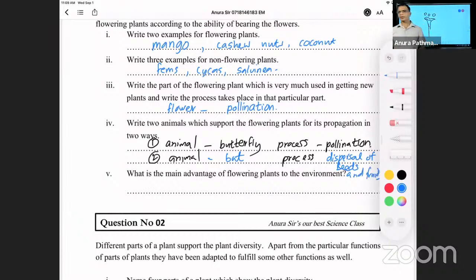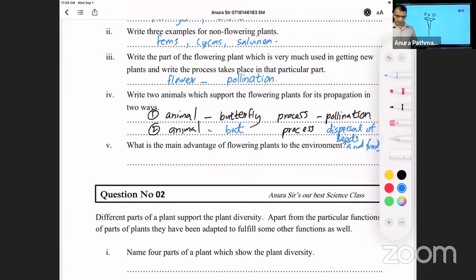Dispersal of fruits and seeds. Excuse me, sir. What is the main advantage of plants? Sir, by attaching on their fur. Yeah, but basically I just concern about these two processes. I mean, the pollination and the other one,